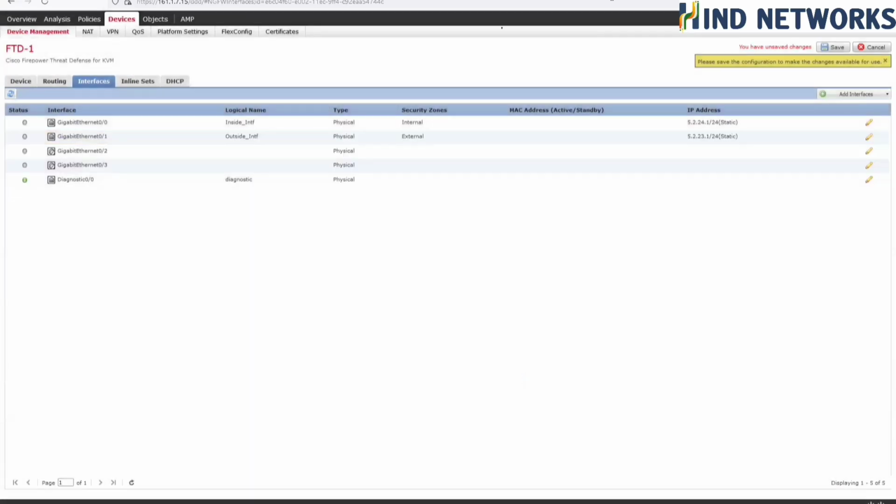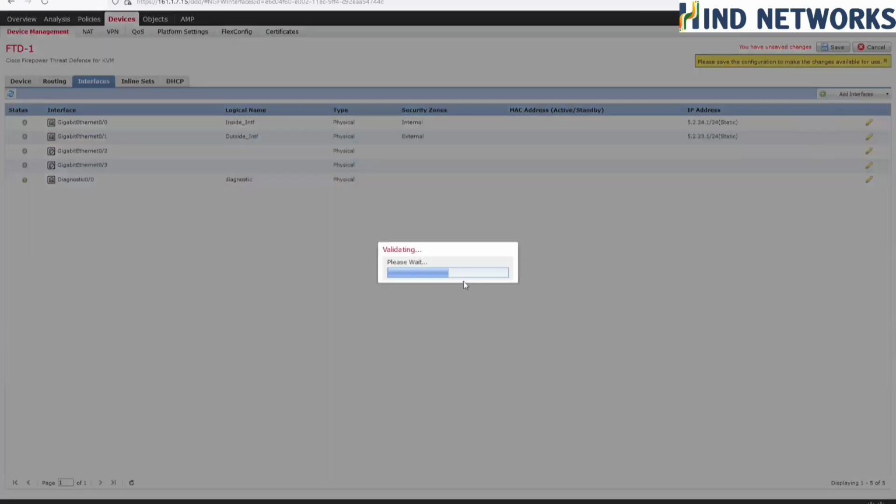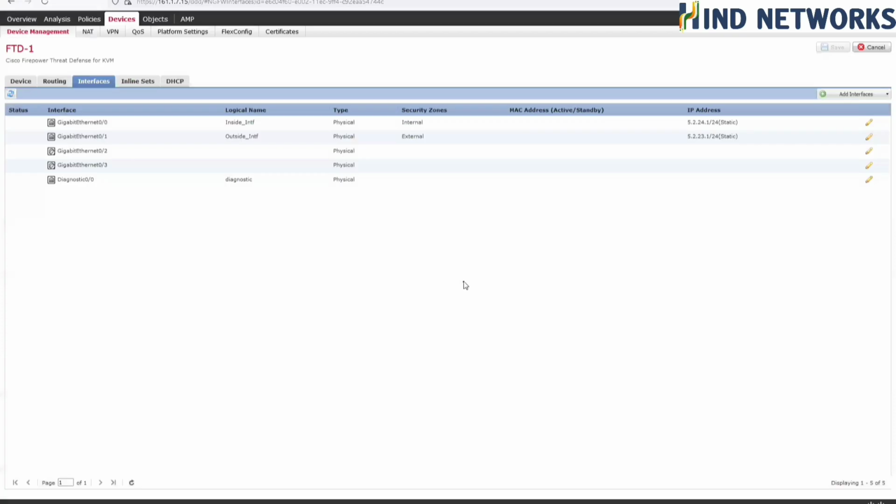So once this is done, I can see both of the IP addresses configured for FTD1. We're gonna go and start with the save configurations for that. It will validate the configurations and then basically save it to the device. Once this is done,